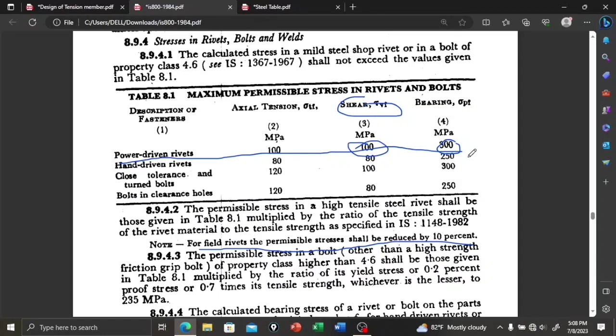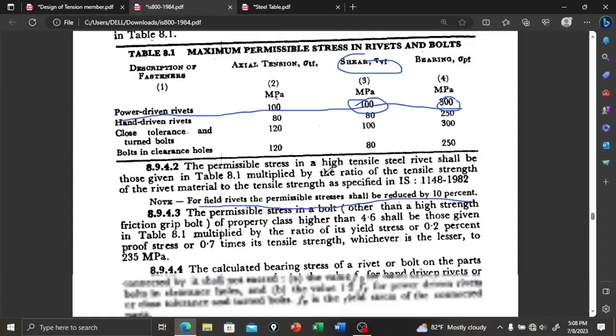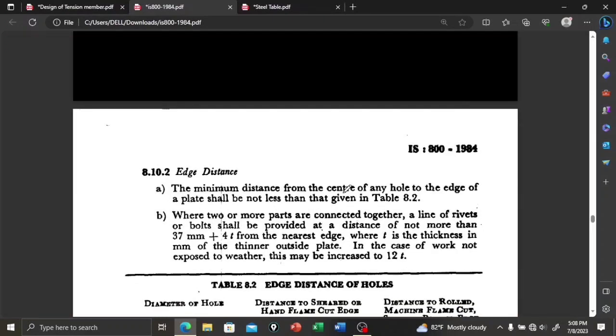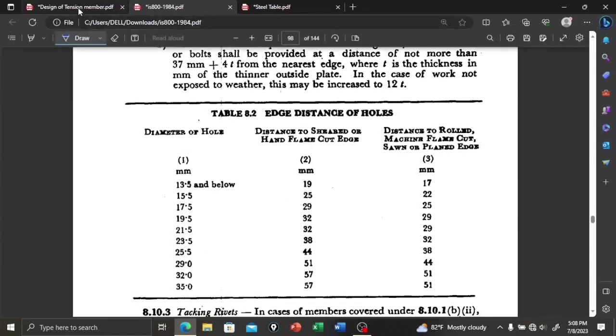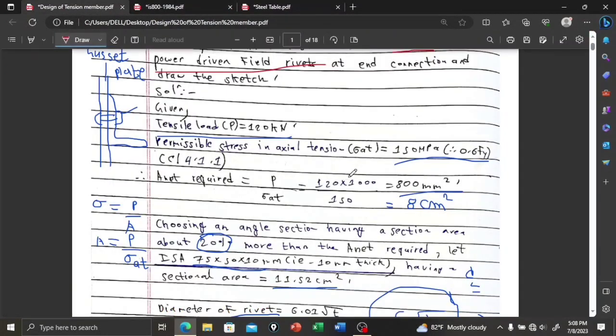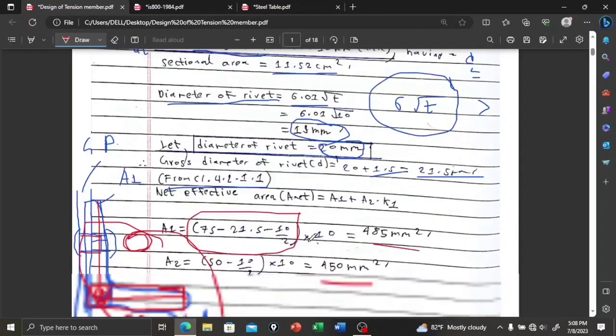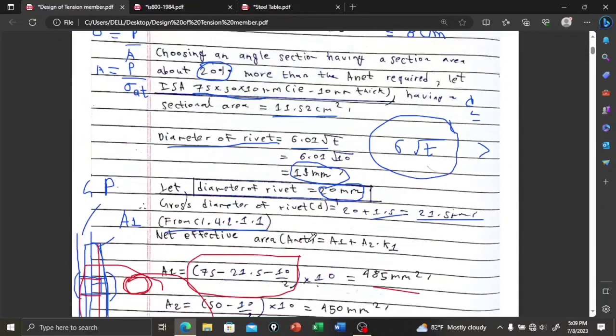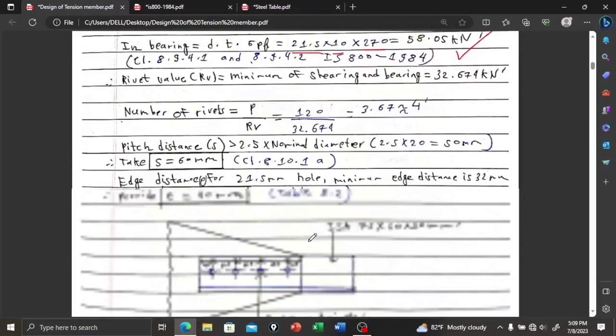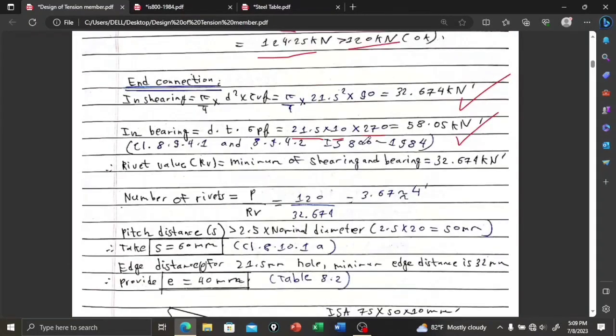So we have to reduce 10%. So 300 minus 30 is 270. 90 and 270. Rivet value is the minimum of these two,